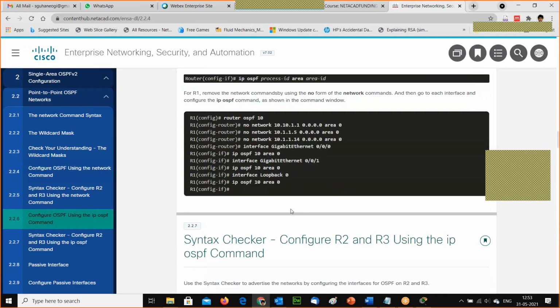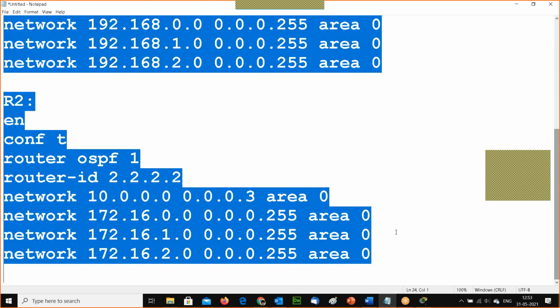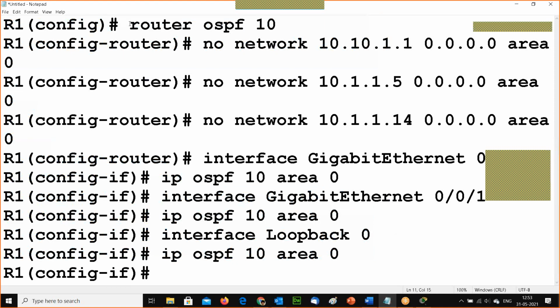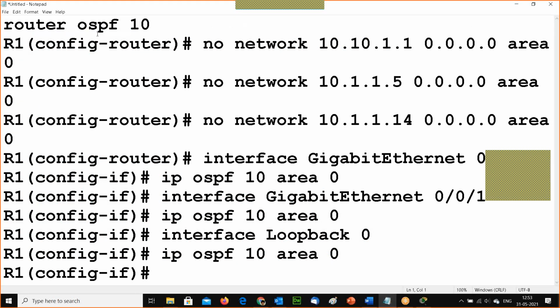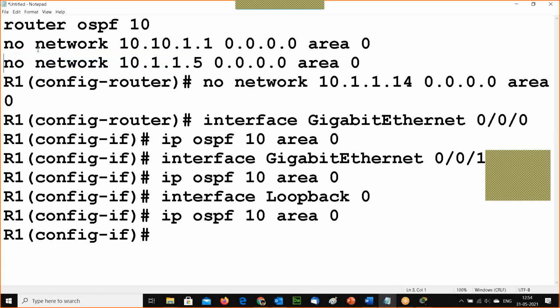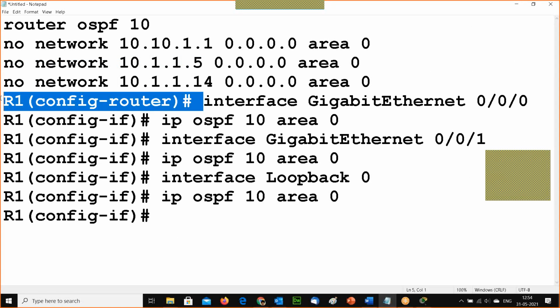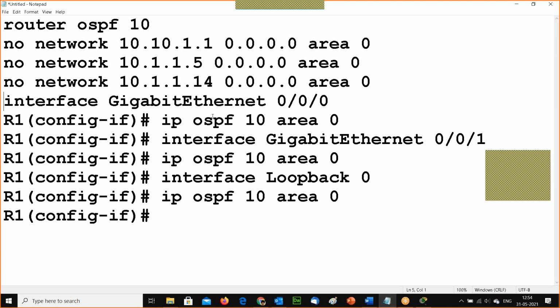This is an example of how you can configure further. If you would like to remove something, you can just remove it. For example, you configured router OSPF autonomous system ID with a wrong configuration, so you just have to write no. After that, you have to go and specify, for example, IP OSPF area 0. So that you can do.